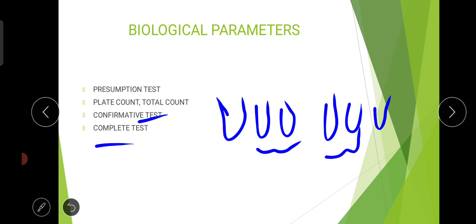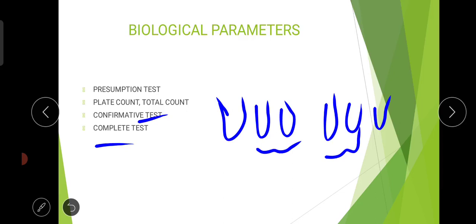So that is about your confirmative test. Mostly, the dilution factor you have to take. In the dilution factor, 5 sets of test tubes you have to take. In the first 5 test tubes you have to add 10 ml of water, but the lactose broth is the same in all. The next set 1 ml, the next 0.1 ml, like that in the dilution factor. After the incubation period, you will observe how many tubes show gas formation, and also the color variation. The most probable number you have to take based on the chart which is given, and we will be confirming it.